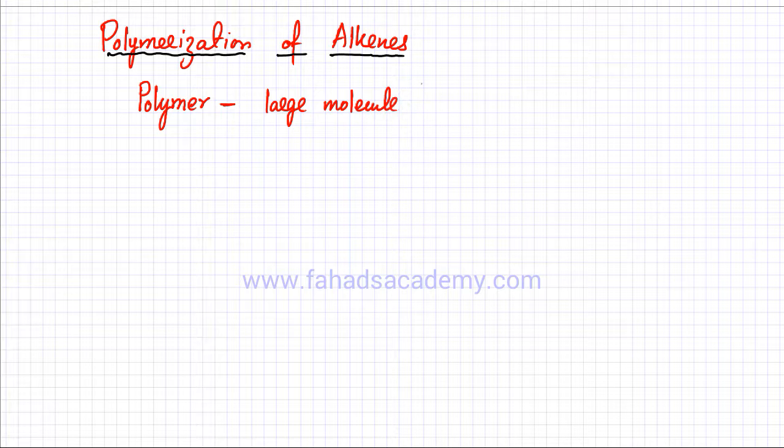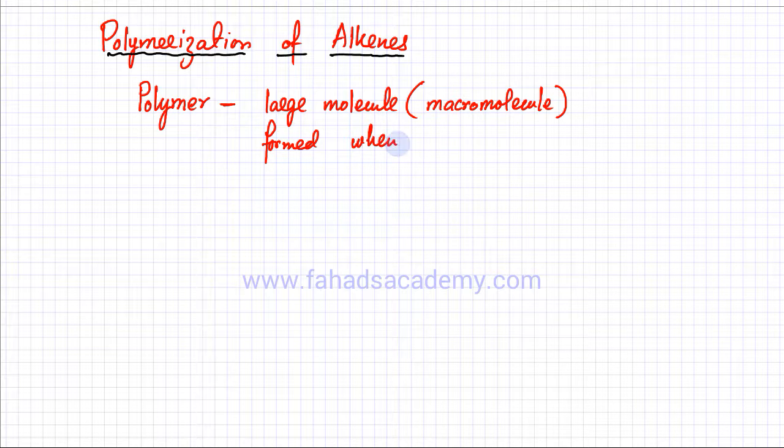and the other name for a polymer is a macromolecule. Now, it's a very large molecule in the form of chains, and it's a large molecule formed when many small monomers